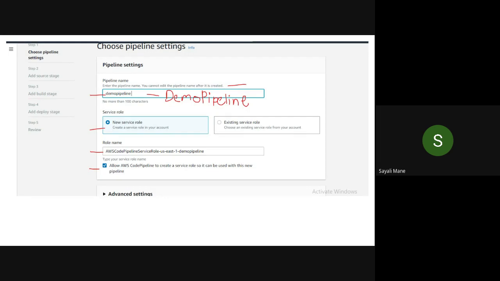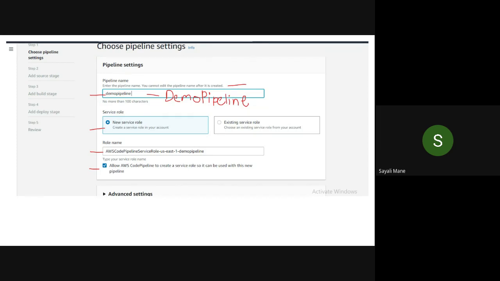Role name, it is empty. No, it should not be empty. Click on the new service role. It should come automatically here. Are you guys getting the role name as empty? No, ma'am.